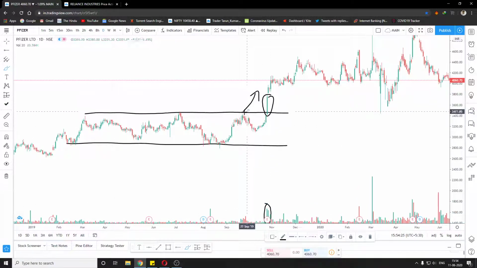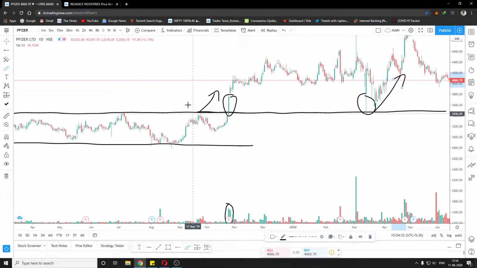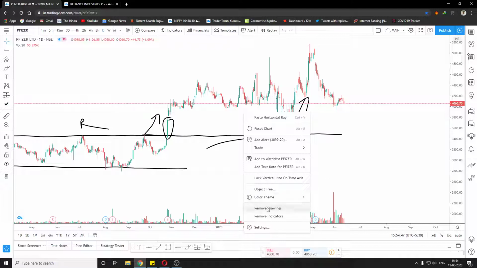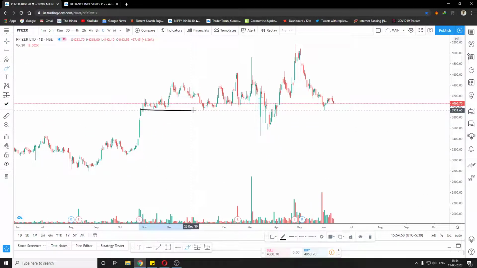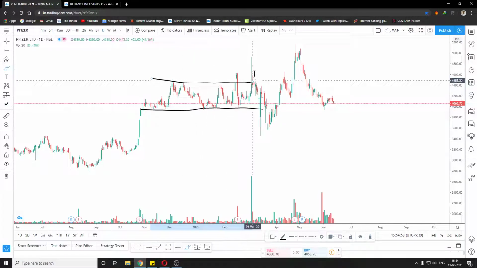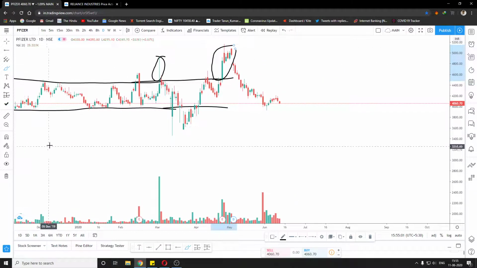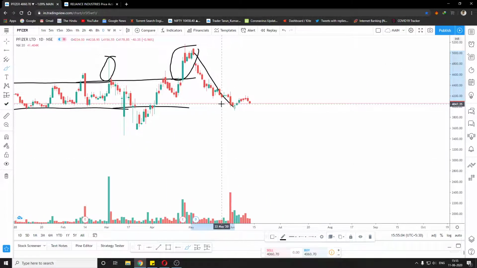Now also this resistance will now act as support. So as you can see, we had a perfect bounce from this level. So this is another example: if you miss the buying, we can wait for a retracement to this level, and now this resistance will act as support, so we can buy here. Then we had a lot of sideways movement, with an upper wick which continued to be a resistance. Then we had a breakout, but the breakout couldn't sustain, and we have a downtrend again.